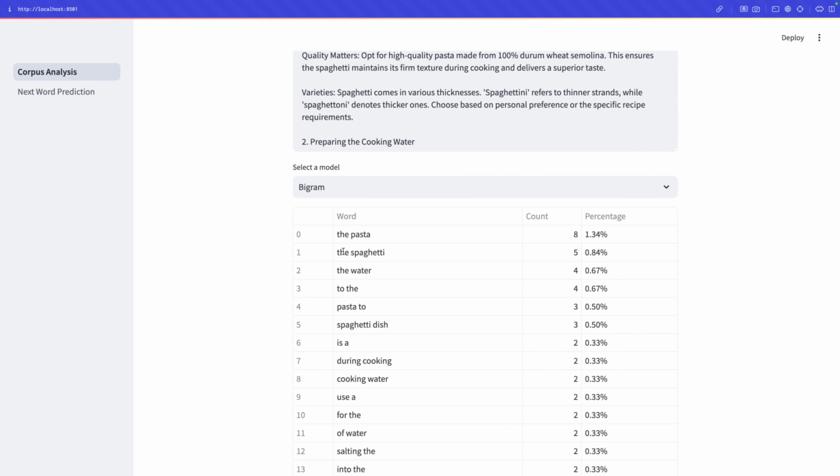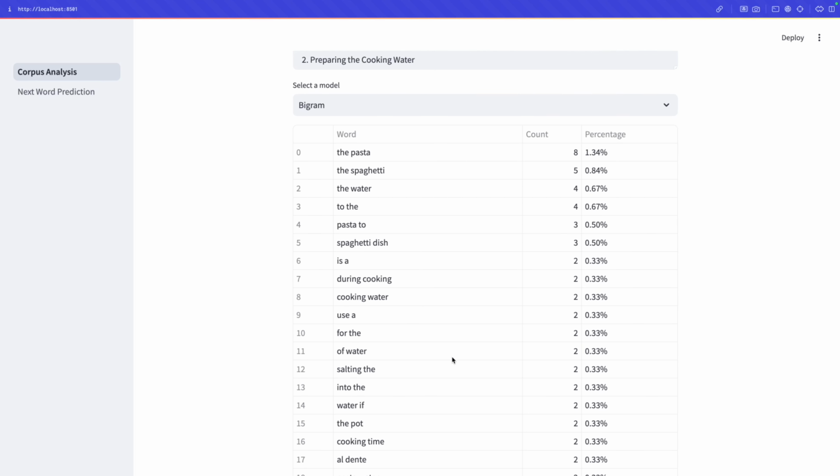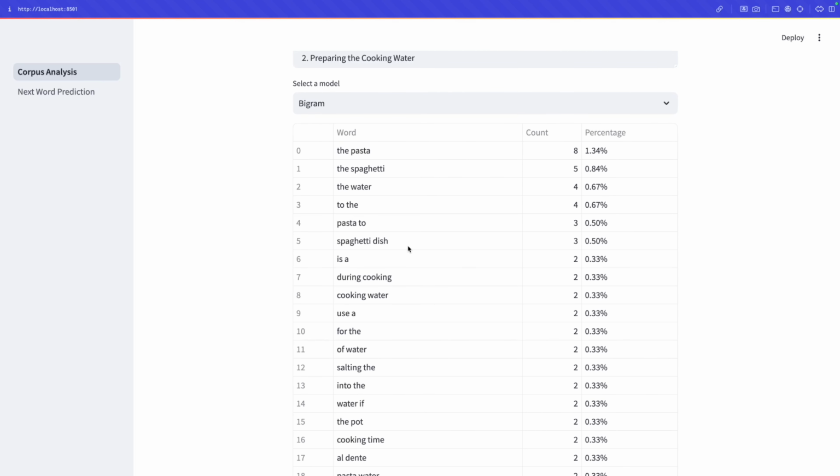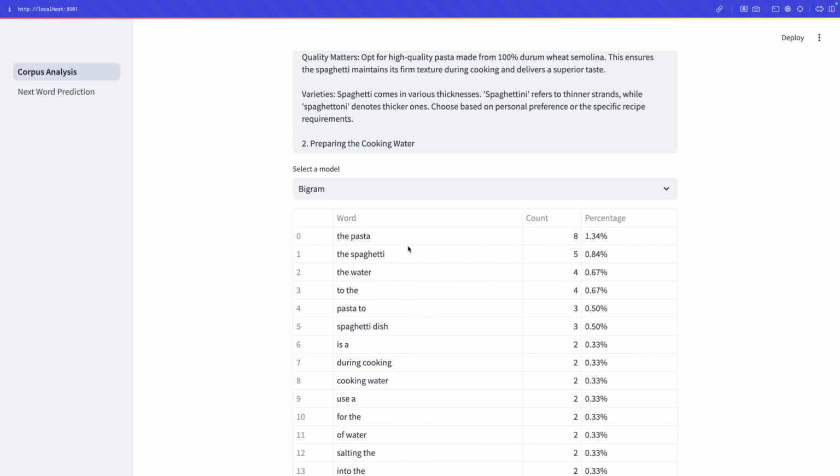So if you look at the bigram model, considering each of these words, this is how it breaks down the corpus, right? So you have all these combinations within the corpus. "The pasta" appears 8 times in the corpus together. "The spaghetti" appeared 5 times together. "The water" appeared 4 times together, and all like that. So you have "spaghetti dish" 3 times appearing together in the corpus, right? So that's how